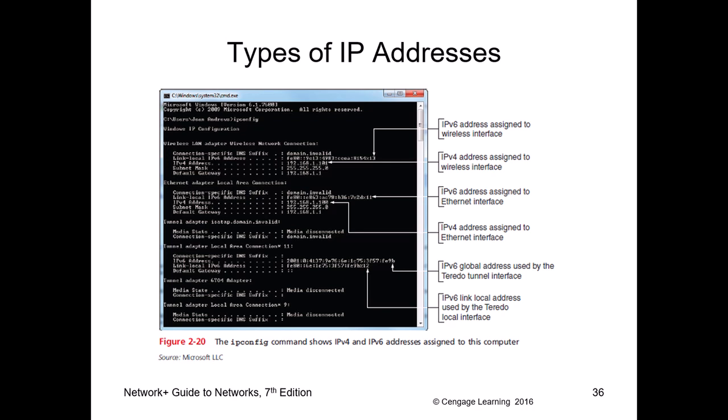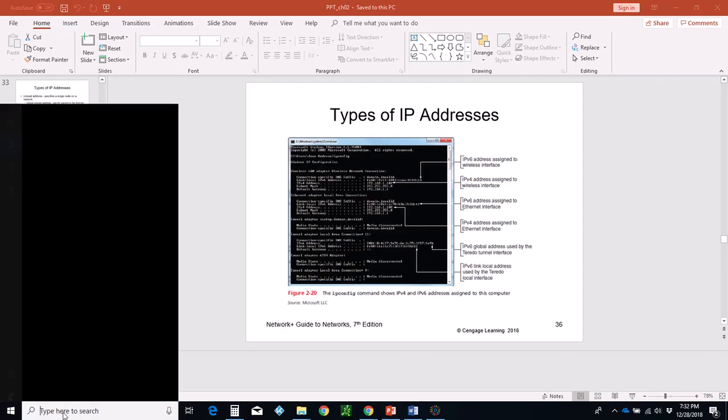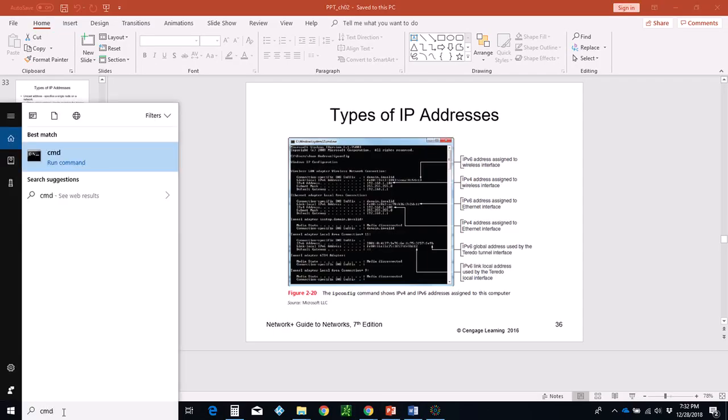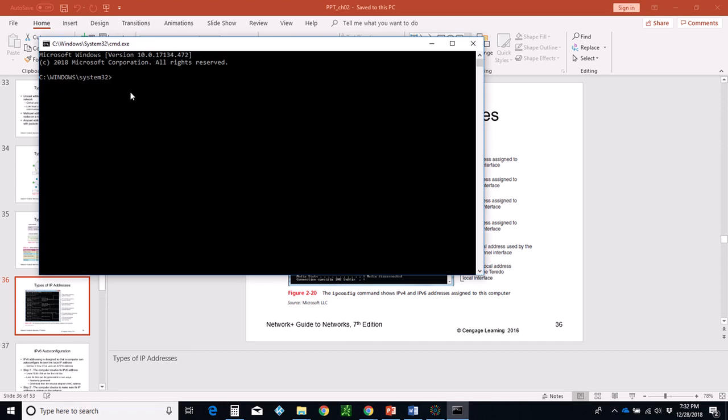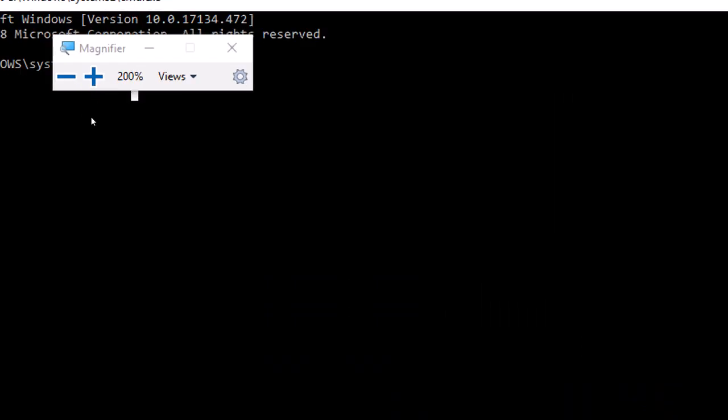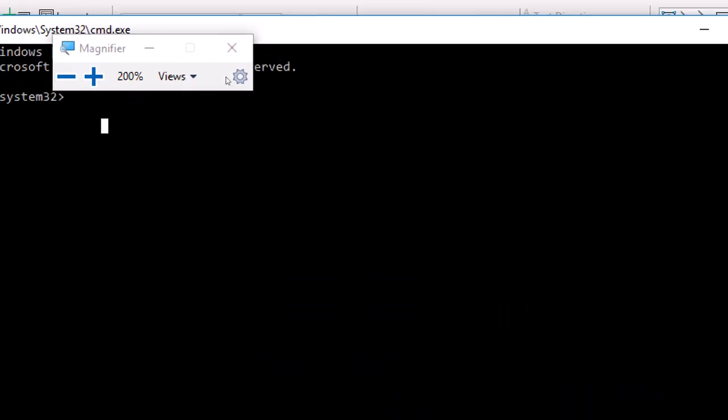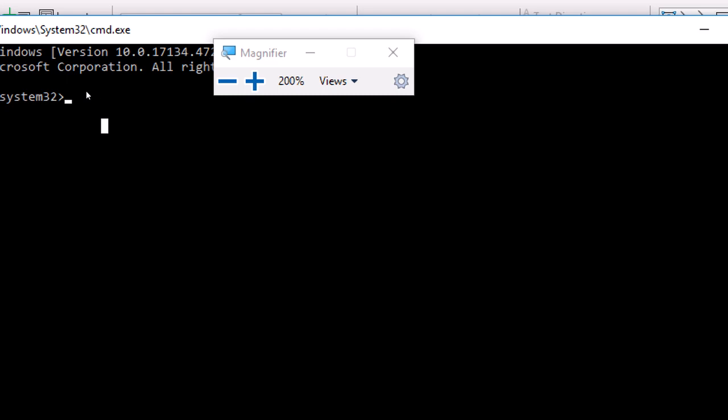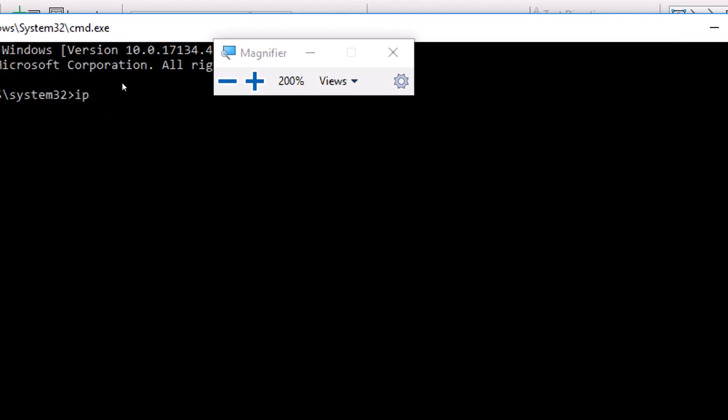And when you type ipconfig, you'll be able to see your IPv6 address and IPv4 address. In fact, let me try that. So here, I'm going to type CMD. Let me see if I can make this a little bit bigger so you can see this. Let me just move this out of the way. Okay, here we go. All right, let me type ipconfig